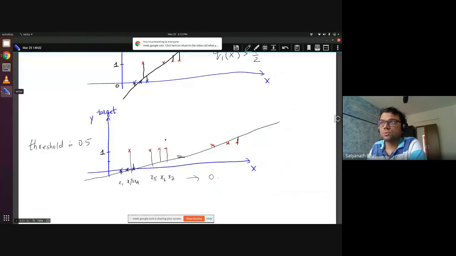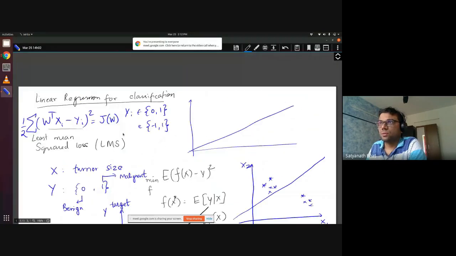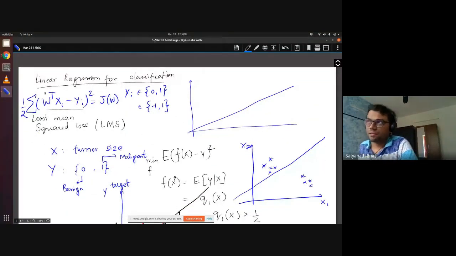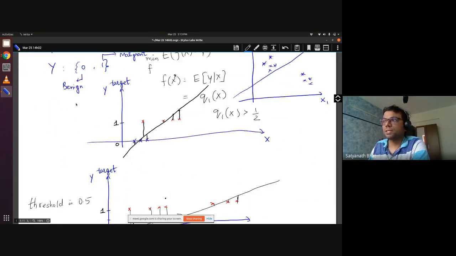Jitendra is asking. So Jitendra, what I am telling is we have to do classification. Sometimes we use linear regression, right? So we will try to approximate 0, 1 by W transpose X. This we have seen. I hope you remember this, right? And then what we saw is, if you use this, there is some kind of an issue that is happening when the data is a little bit skewed. So for that, I gave an example like this.